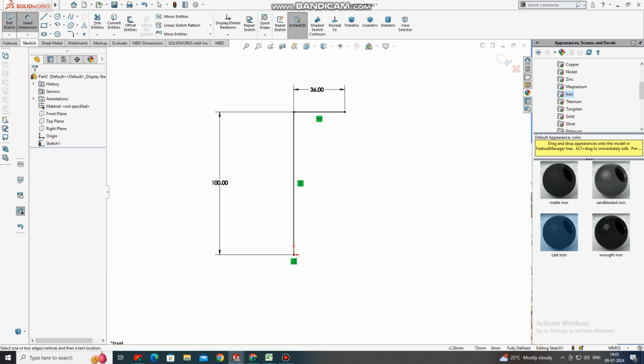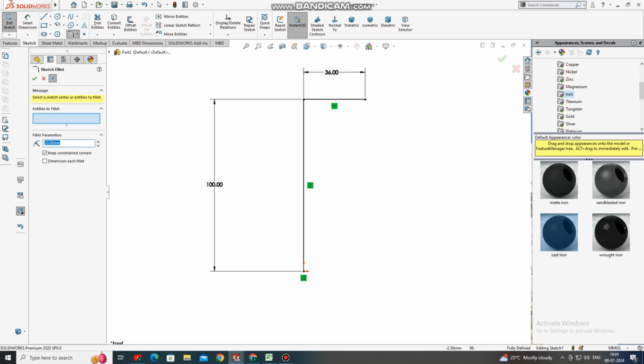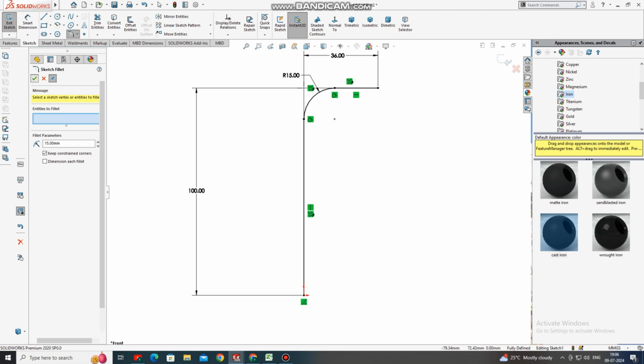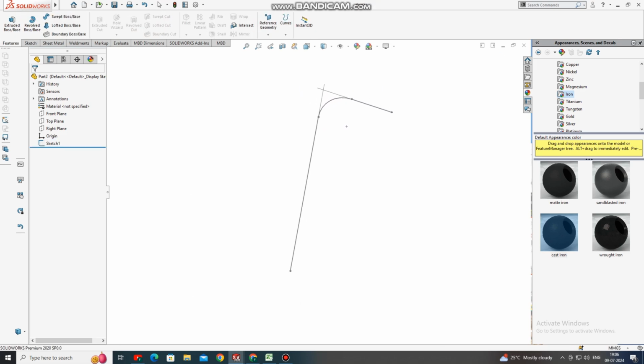36 mm, okay. Now again we just put fillet to this corner, so go to the fillet command and here we make the fillet, we'll keep it 15 mm, okay. So we just create the sketch, then after we exit this sketch, now here it's time to create a sketch